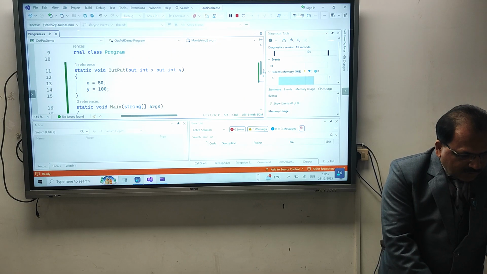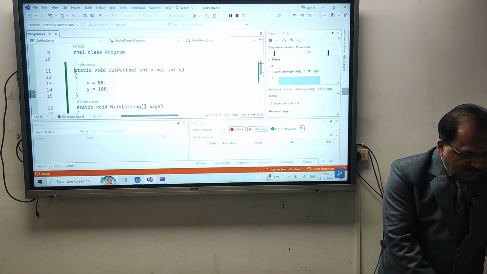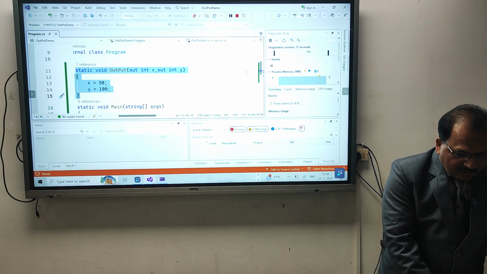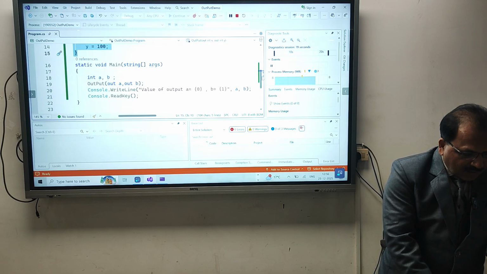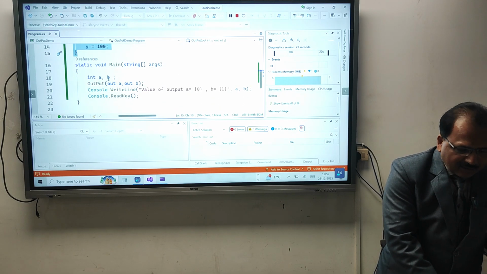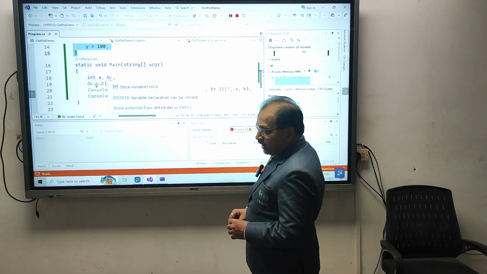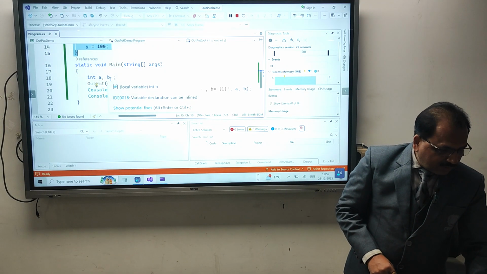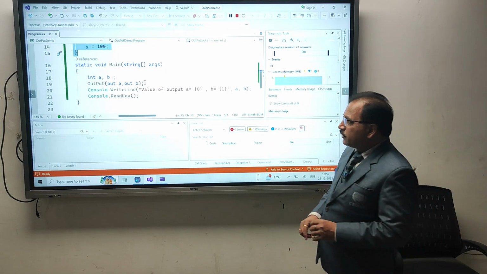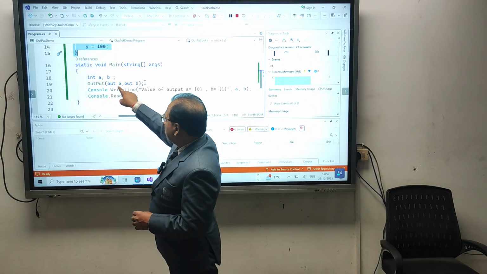And again I can briefly recap. This output is a static function which is being called from the main, and the main function has values a and b which are not at all initialized. The main is calling the output function with the out keyword.